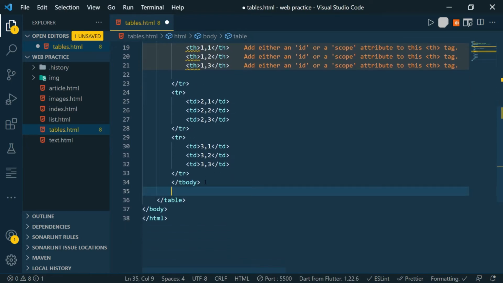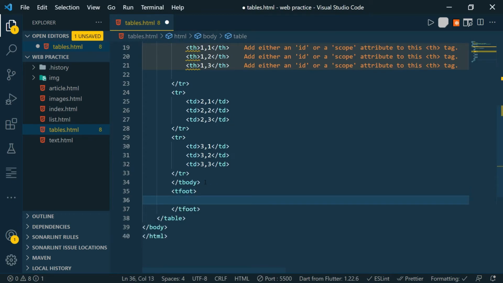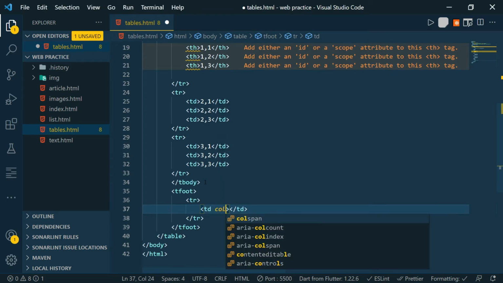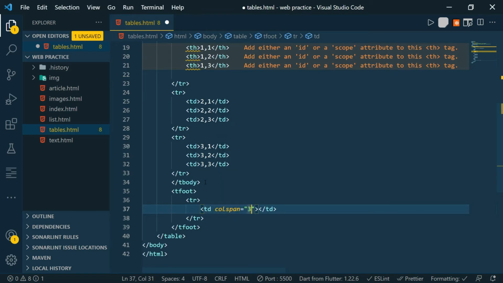We can add a footer to our table using the tfoot tag, and similarly we will create a row and a cell and span it, colspan 3, and we will write footer here.